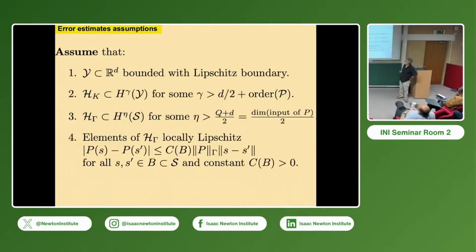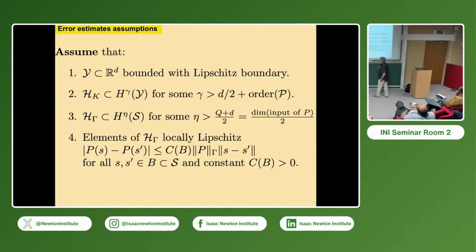Okay, so now let me give you a theorem for error estimates. For this theorem, we're going to assume that the domain of the PDE is bounded with Lipschitz boundary. We're going to assume that the RKHS space defined by the kernel K is continuously embedded in some subspace H gamma for some gamma greater than the dimension of the domain of the PDE over 2 plus the order of the PDE. Again, we need this to make sure that the PDE is defined in a classical sense for the